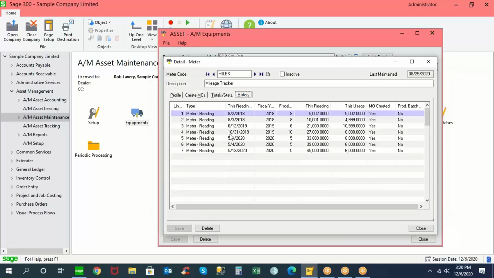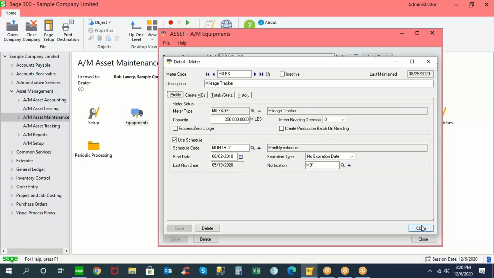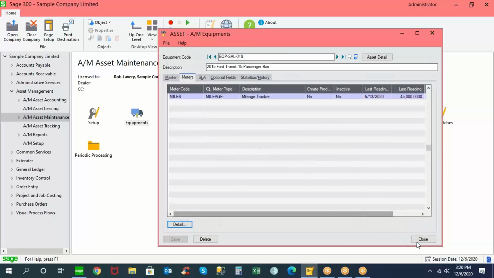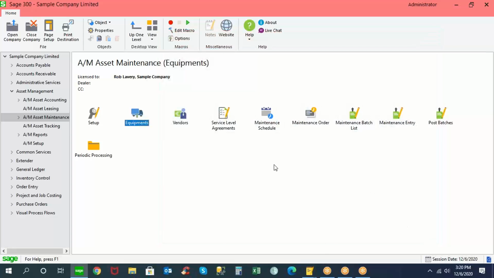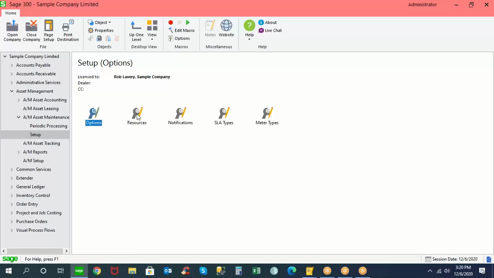And again, we will show the history of every time we've done the meter reading. So we'll go through a couple of different examples of how we can generate maintenance work orders within the system. But before we do that, let me go back and explain a little bit more detail on these resources, because